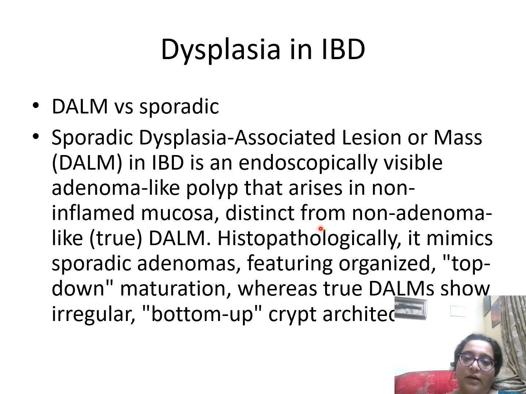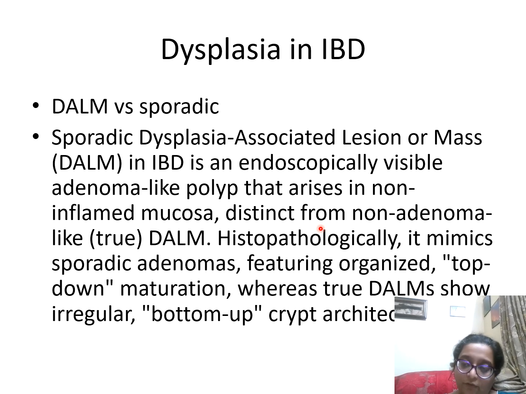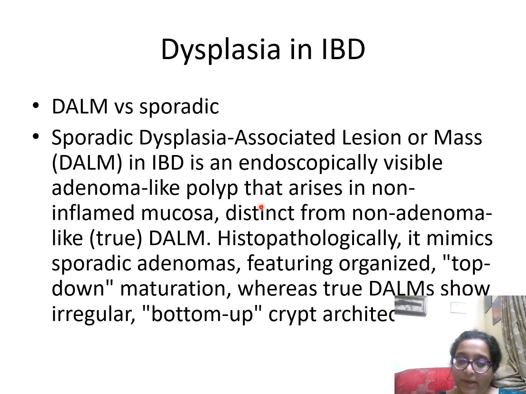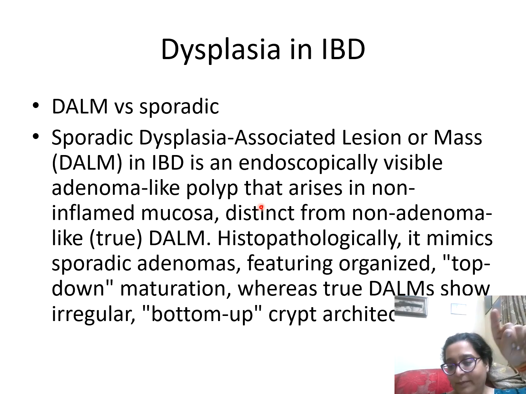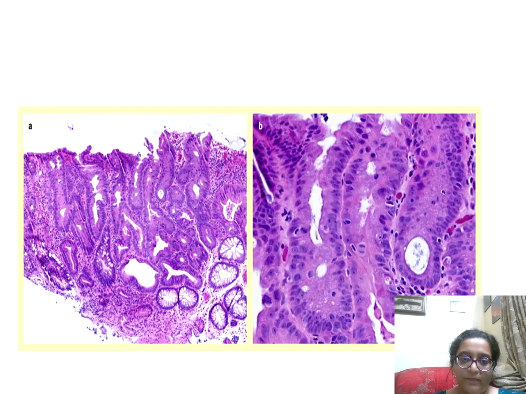True DAM is a true polyp, so ulcerative colitis has a lot of pseudopolyposis. Fine. In between that, from the normal area, you might get a polyp arising in a case of UC. Then we have to see whether it is a true DAM, true dysplasia with loss of maturation at the top, bluish nuclei, crowding, hyperplasia of the nuclei, or irregular crypts, or it is just a reactive change. So that is very important, and I'll be taking this in detail also.